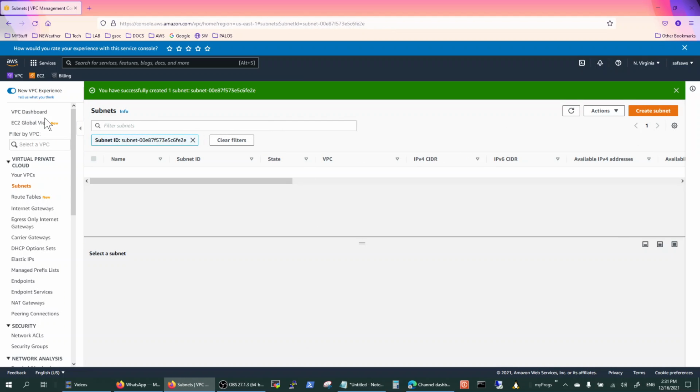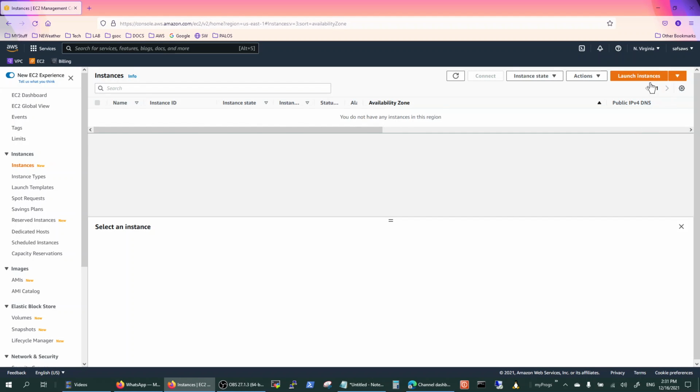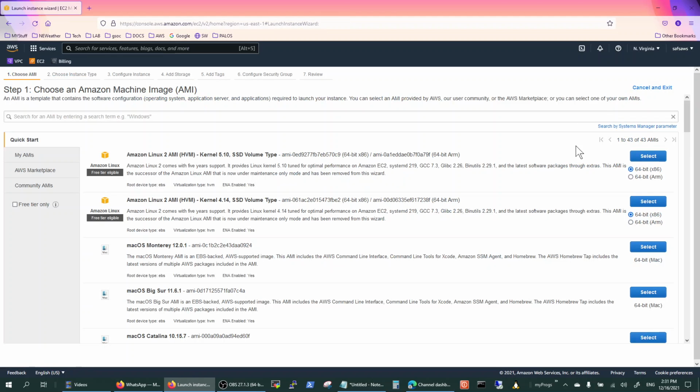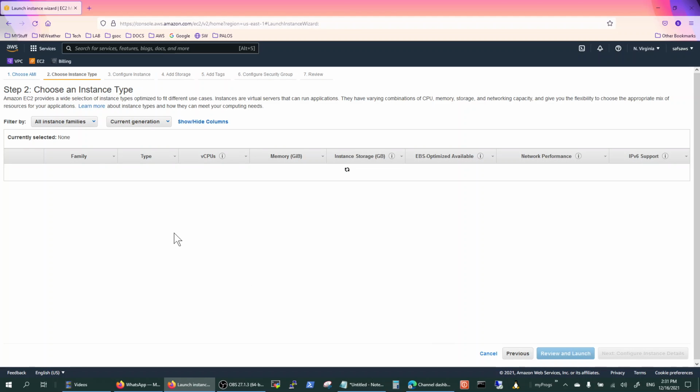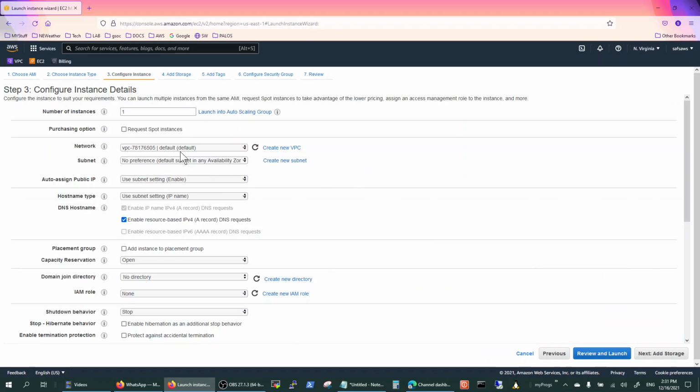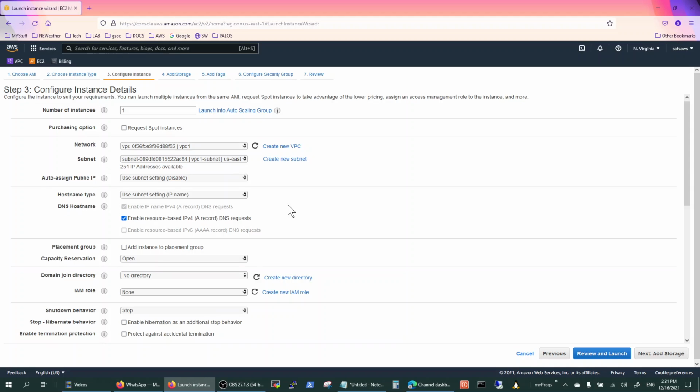You're done with your subnets. Let's go to your EC2. You see these two instances exist in the default VPC. We want to create EC2 in our new VPCs. Next, we'll say VPC1 subnet is good,